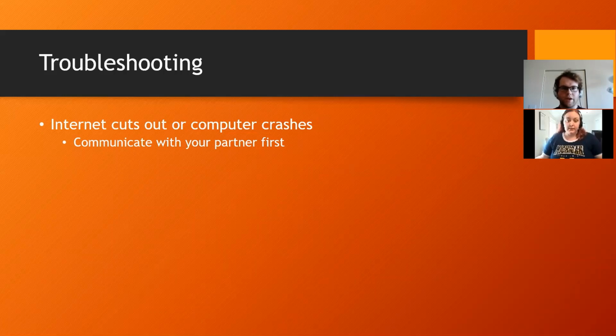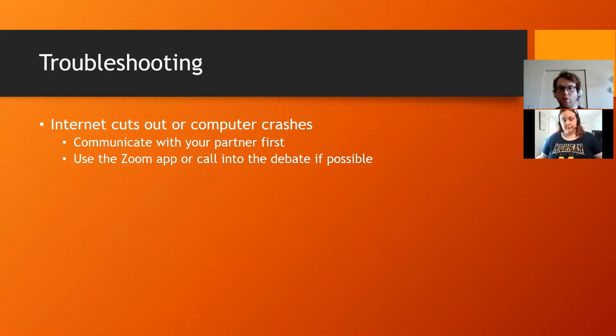Another suggestion is to use the Zoom app on your phone and or call into the debate. You should keep your phone charged throughout the debate, maybe keep it plugged in. But regardless, your phone is an easy way to just get back in, at least temporarily, to let everybody know what's up. You can call into Zoom meetings,